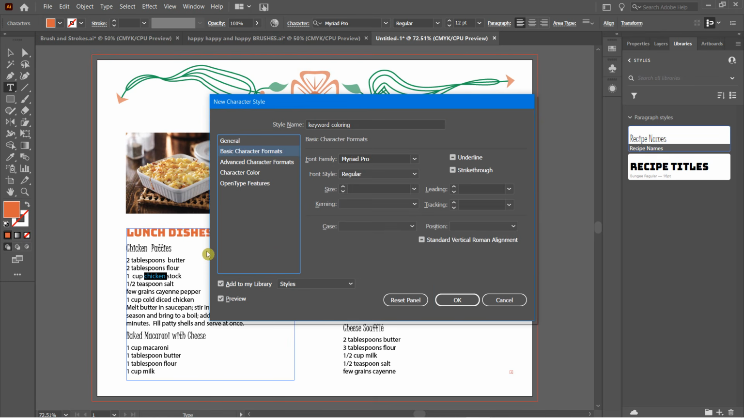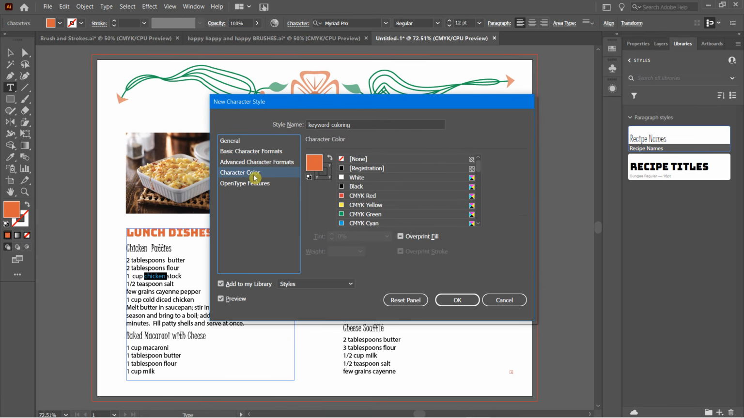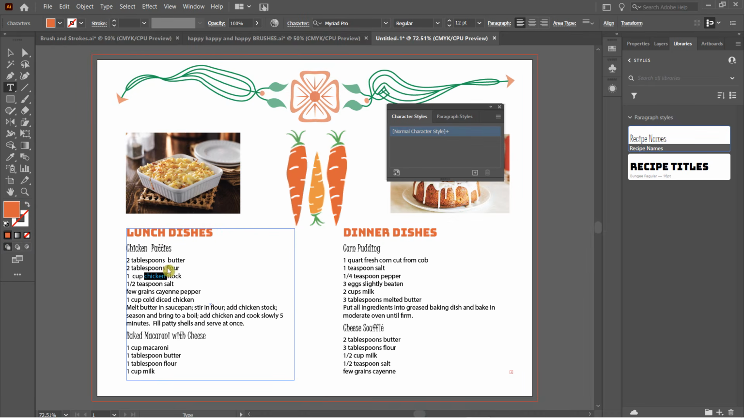You can see all these other things you can do if you want to, right? We've talked about this before. All right, there's my character color if I want to change it again. Lovely, fantastic. It's going to go into my styles library. I click OK. And now